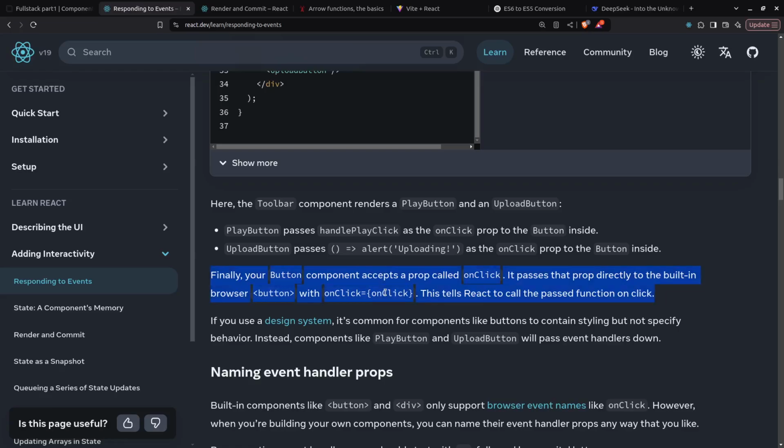You should write handleClick right here for more simplicity, but the React docs writers don't make these mistakes or bad design decisions so beginners don't get confused. This tells React to call the passed function on click. If you use a design system, I never used one until